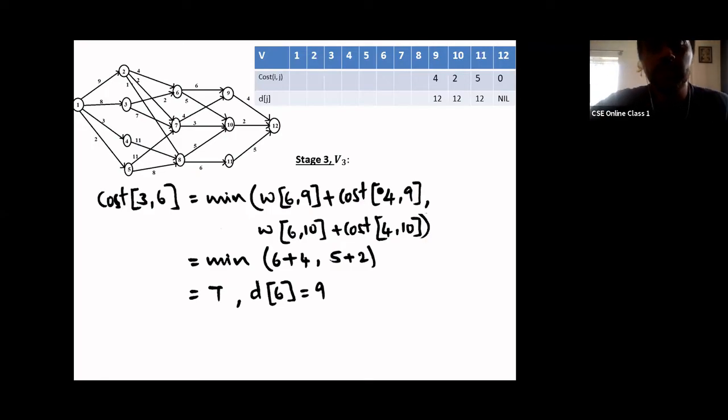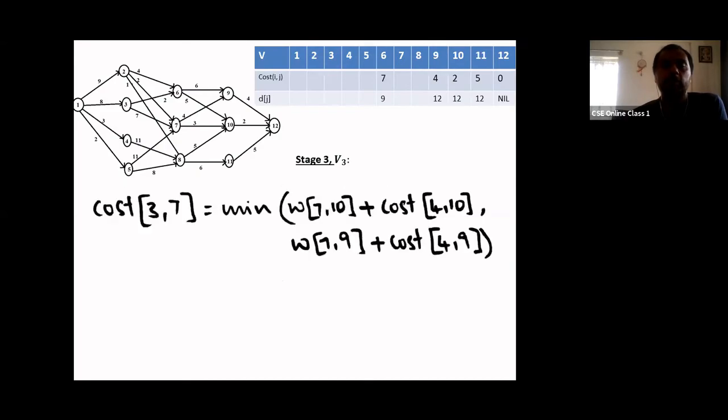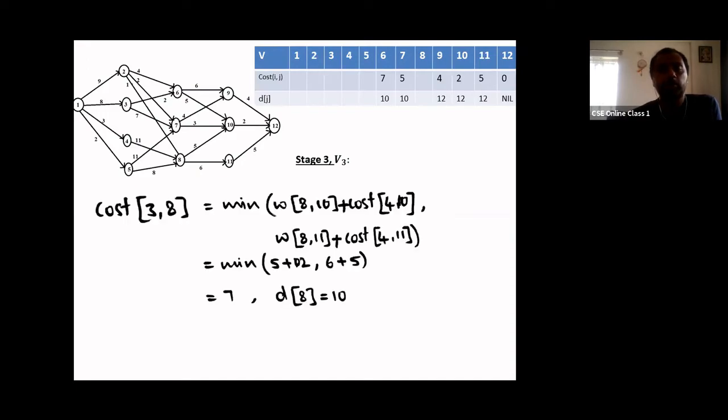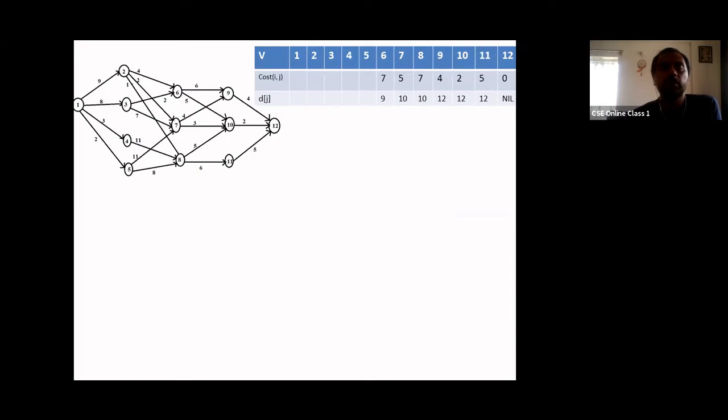Here, whenever you have more than one outgoing edge from a vertex, we choose the best one, or least cost one. So there we apply the minimum of the weight of connectivity from that vertex to the next stage vertex, plus the shortest path from that next vertex to the sink. Likewise, we'll calculate the forward cost of 3,6, the cost of 3,7 and then 3,10. Similarly, can you try for second stage vertices?